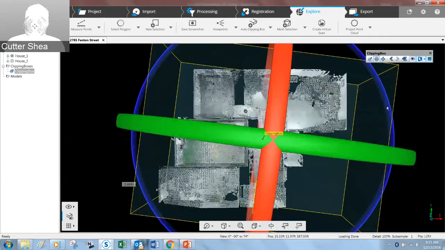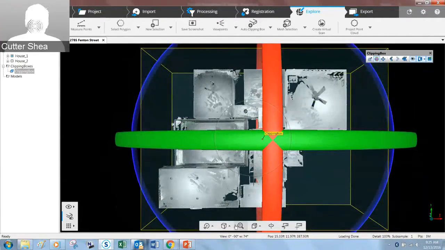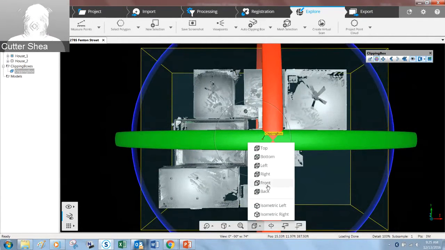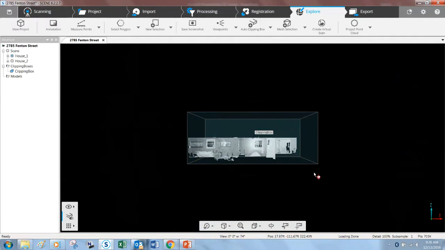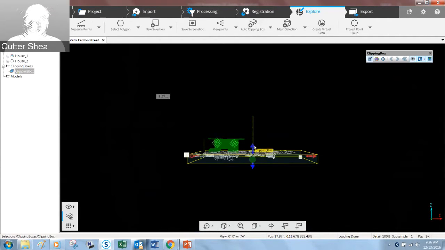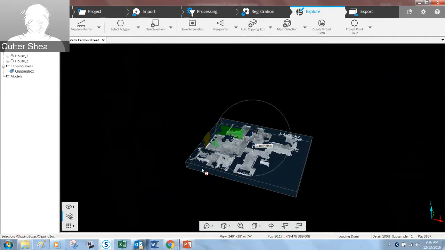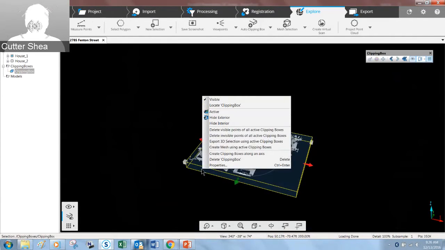Rotate it so it lines up. Okay, and then move to a front view. Actually, I'll take this down to the floor. So we've got a little floor plan. And to create multiple levels, I will right-click within the clipping box, and I want to create clipping boxes along